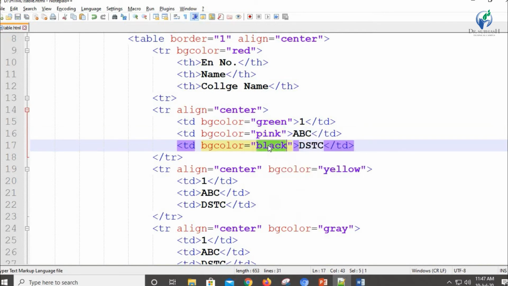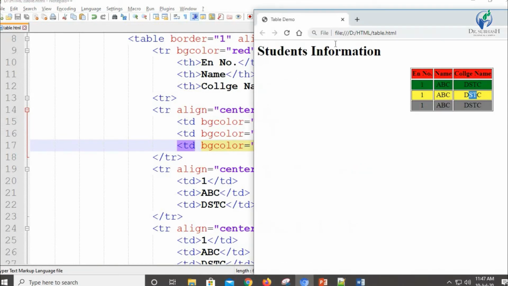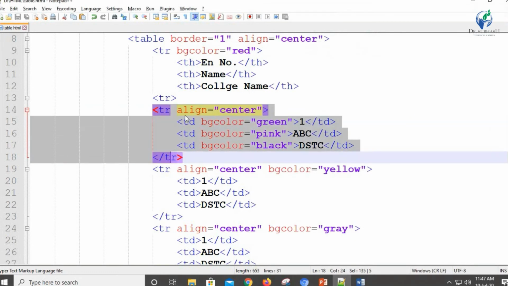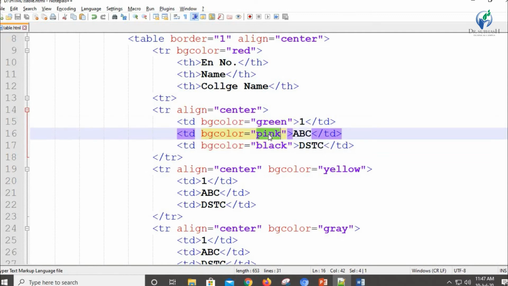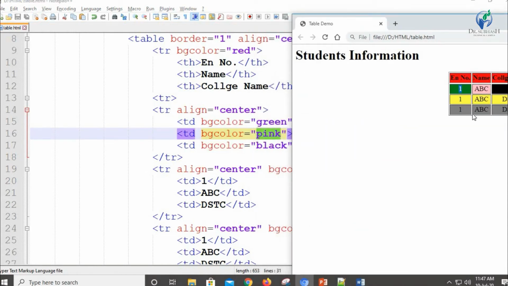Okay, now we are going to execute the code. So you can see that this second row with 3 different TDs has different colors. The first will be green, the second pink and the third black.